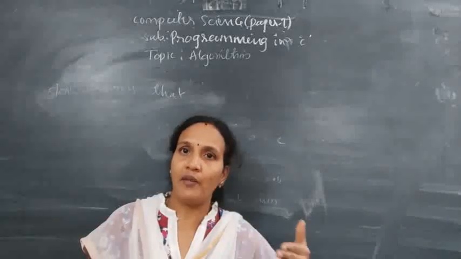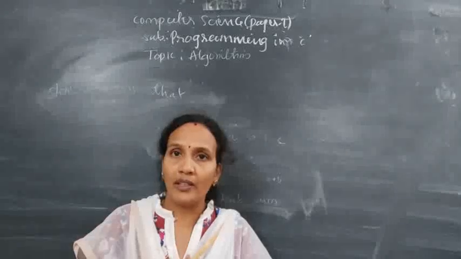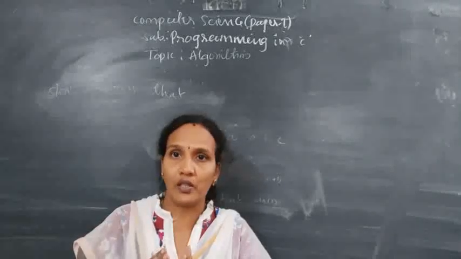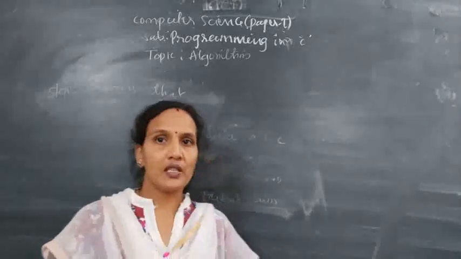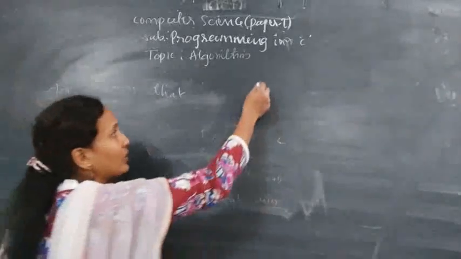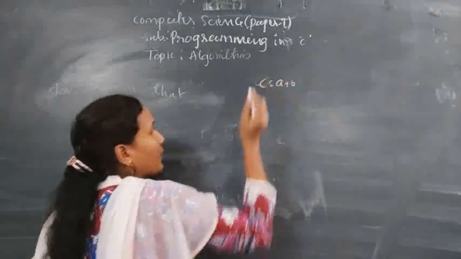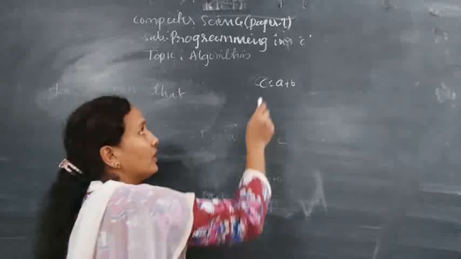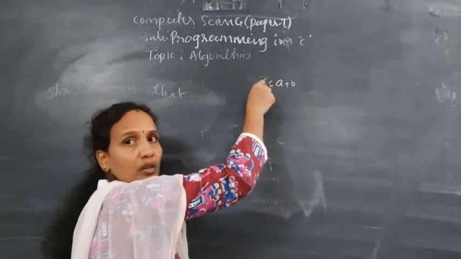What is the first step? What is the second step? That means what the system has to perform, what instructions you want to give to the system. You can give those instructions step by step. For the sum of two numbers, the example is c equals a plus b. Here, how many values do we need? A value and b value, and they will be added. Then whatever result is there is stored in c.